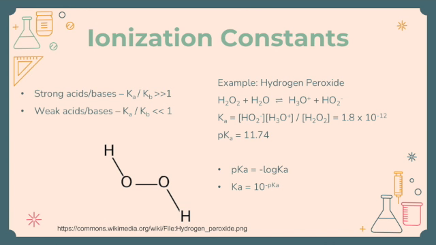In this example, we take a look at the ionization constant, pKa, for hydrogen peroxide. To determine the Ka for this expression, we set it up like any other equilibrium expression, with the products over the reactants. And this should give us a value of 1.8 times 10 to the negative 12, which will always be true. Now to find the pKa, we take the negative logarithm of the Ka value to get a value